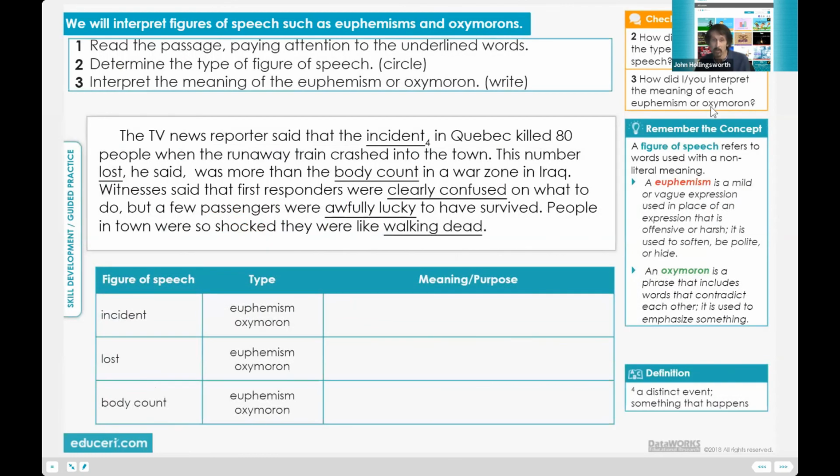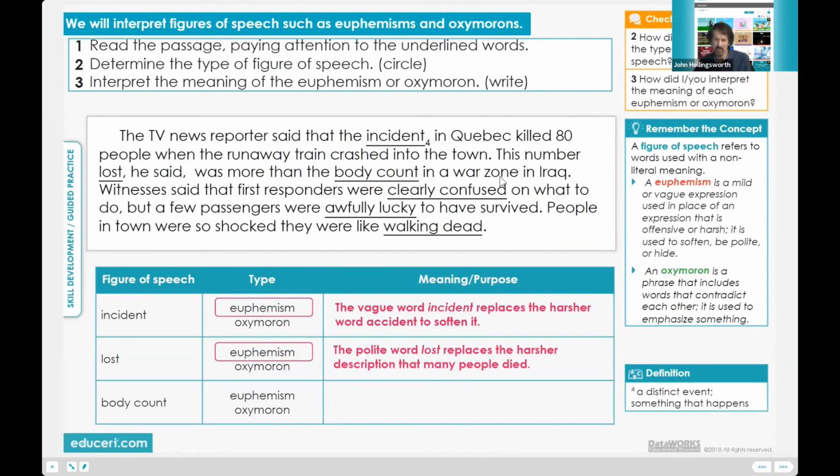Later, when we do this, the teacher is going to do the first one and the students are going to do the second one. We happen to have 3 on this page, so maybe the students could do the next 2. And you have to justify your answer. I would make the students write euphemism or oxymoron. Don't write E or O, write the whole word out. They've never probably written this word before. Show them on your whiteboard, then explain. You don't need to write the sentence, but you're going to justify orally how you got it. We want to avoid those pronouns.